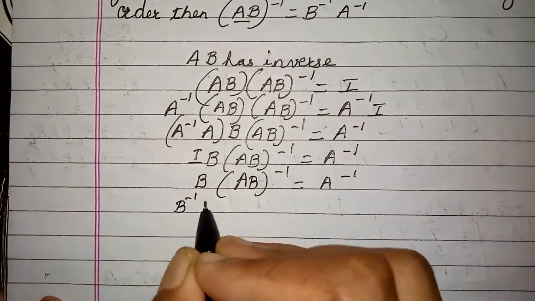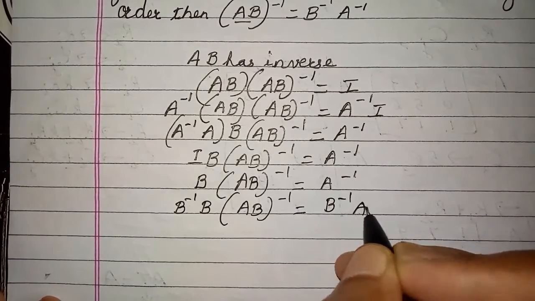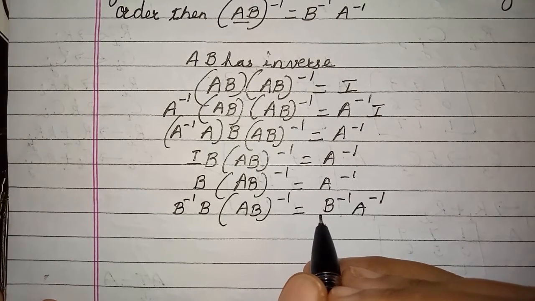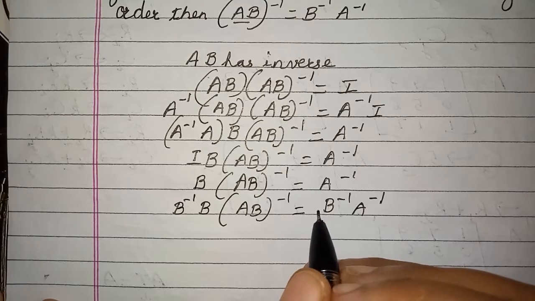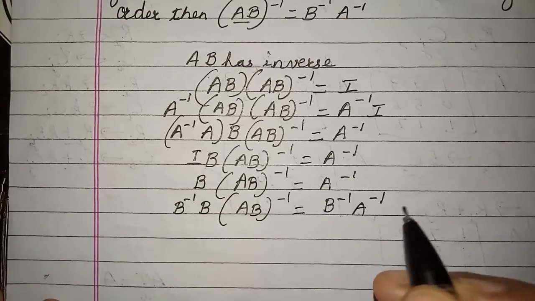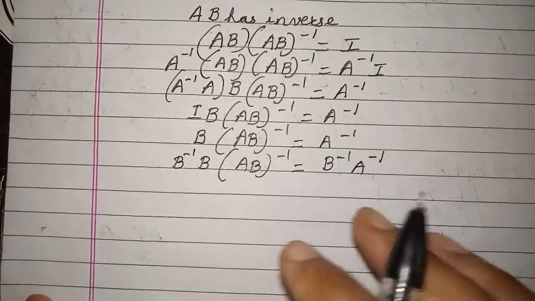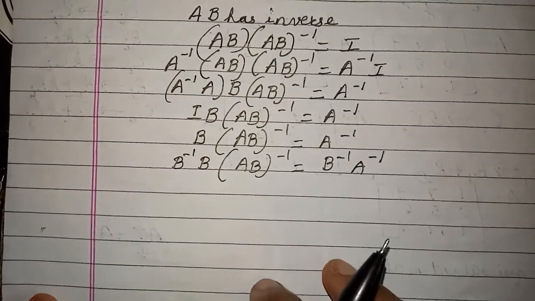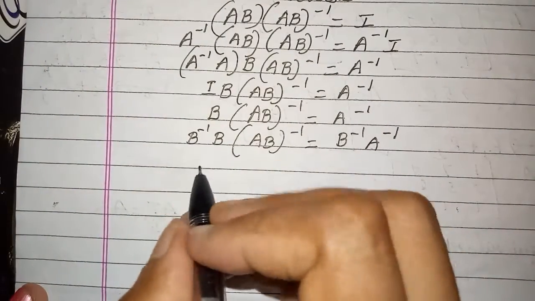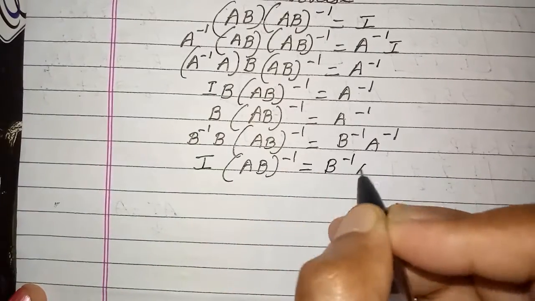Now again pre-multiply by B inverse on both sides, so this will be B inverse, A inverse. Don't write it on this side, okay? In matrices, matrix multiplication is not commutative. So children, always remember, wherever I write on the left side, if I am doing left multiplication, the same left multiplication is to be done here, because these are not real numbers, they are matrices. Whether you write in front or back makes a difference because matrix multiplication is not commutative. Now you group B and B inverse, which is I. By definition, AB inverse is equal to B inverse, A inverse.